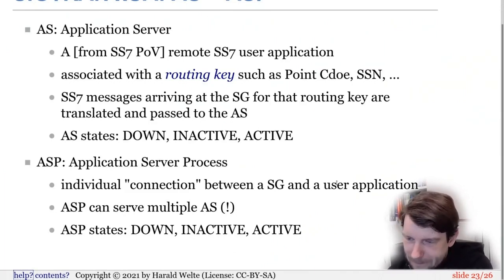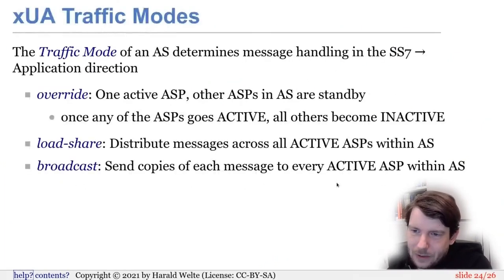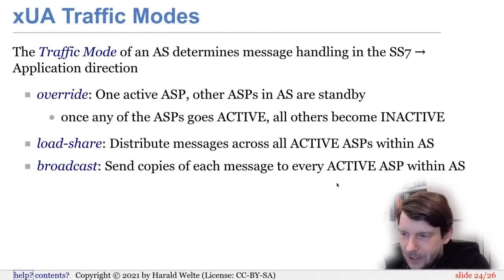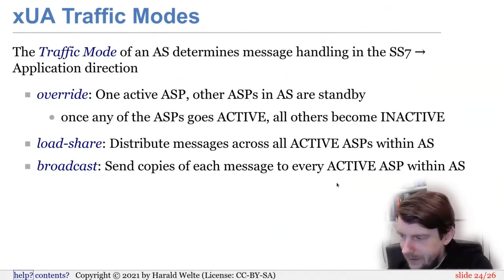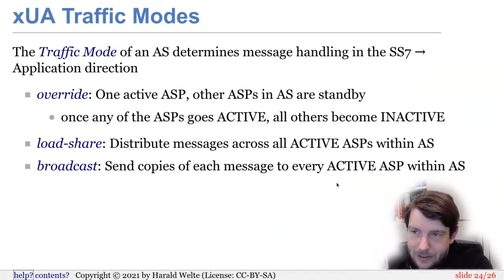In the end, at least in those use cases that I have seen, you normally only have one AS served by an ASP. And we will see the relation between those two in the next slide, where we talk about traffic modes. So the traffic mode of an application server determines the message handling in the SS7 to application direction. In the override traffic mode, you have one ASP that is active and all the other ASPs are in standby. So basically, it's just a hot standby kind of scenario where you have multiple ASPs, meaning multiple connections for